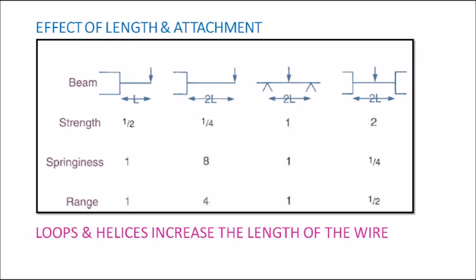So the properties of an archwire attachment are affected by whether it is tightly held or held loosely in a bracket. If it is tightly held, then your strength is increasing, but the springiness and the range are getting reduced. Whereas when there is an increase in length of your beam, the springiness and range are both increasing, springiness as a cubic function and range as a second power function, whereas strength is getting reduced. But when the wires are attached rigidly to your brackets, the strength is getting increased, but springiness and range are both getting reduced.